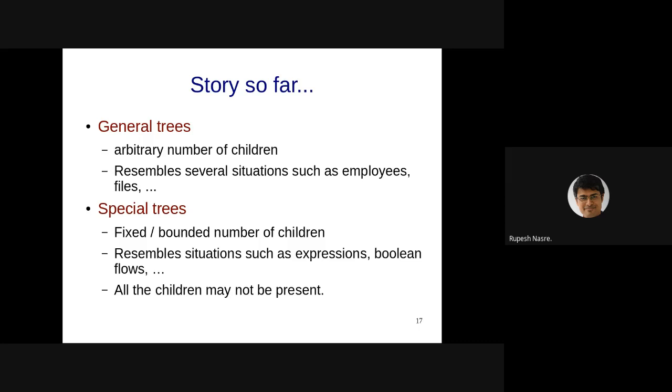When we have to define it in terms of implementation, this precisely the same issue came up, that how do we keep track of the arbitrary number of children which might be present inside a node, and therefore we required a slightly different structure which required us to use the sibling pointer and the first child pointer, and that allowed us to go over all the children as well as go over all the siblings of a particular node.